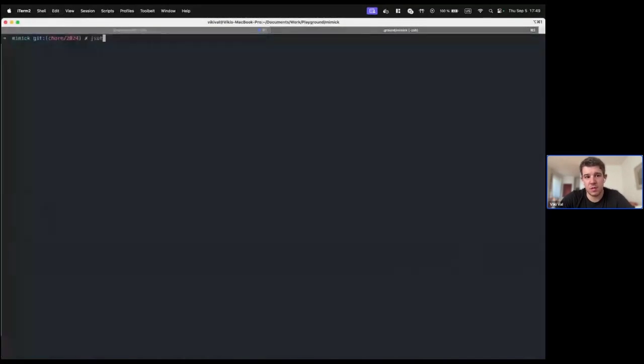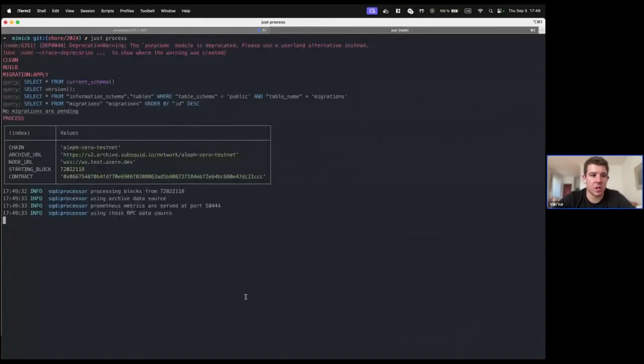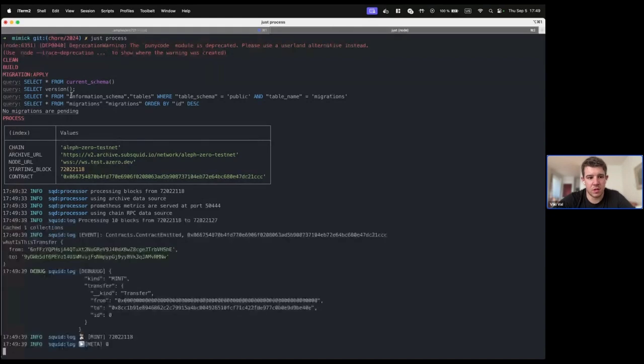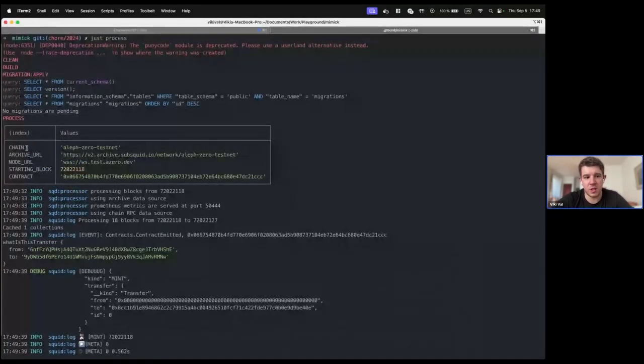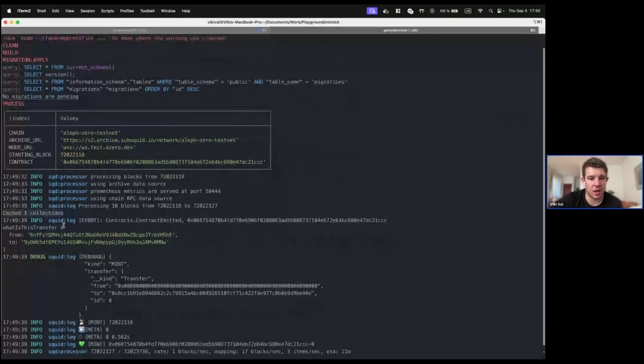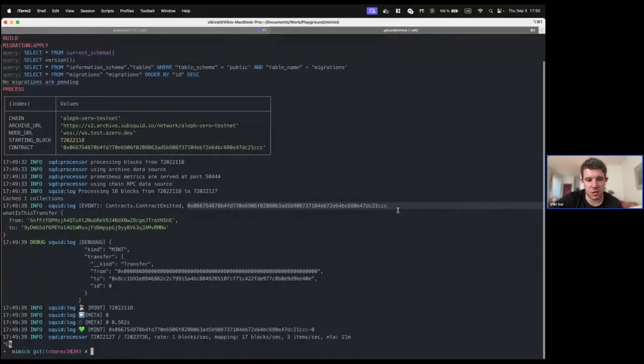So let's process it. So it cleans the project, builds, migrates, applies the migration, and as you can see, perfect. So first you see the table, which I console logged before, using Aleph Zero testnet, we use the archive URL, node, starting block we define, and the contract. So you see that we cached one collection, that was that first if, and then we are logging that contract emitted on this address. So as you can see, it's already working,